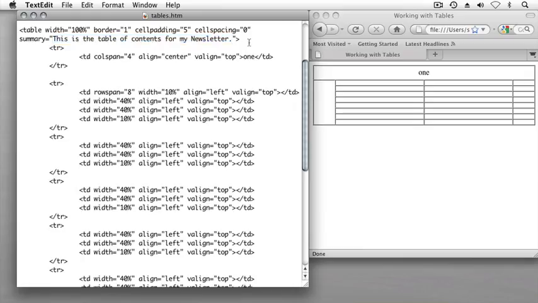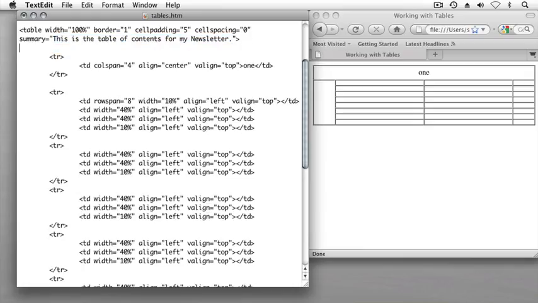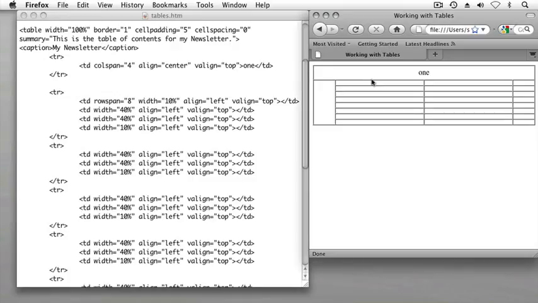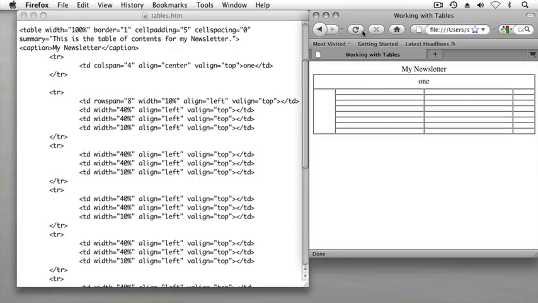So if I position my mouse after the opening table tag and hit the return key, I'll type open caret caption, close caret, and I'll close the caption element with a closing caption tag. And within these caption tags, I'll type some text such as my newsletter to complete that caption element, and then from the file menu I'll select save or Command S, Control S on the PC. I'll switch over to my browser and hit reload or refresh, and now I can see that caption is displayed before my table and is presented sort of like a legend to your table,